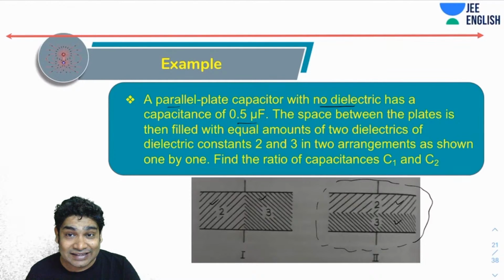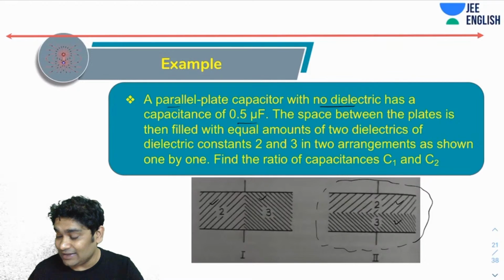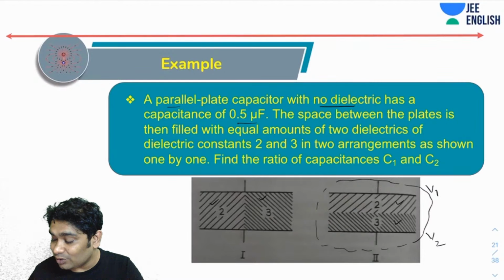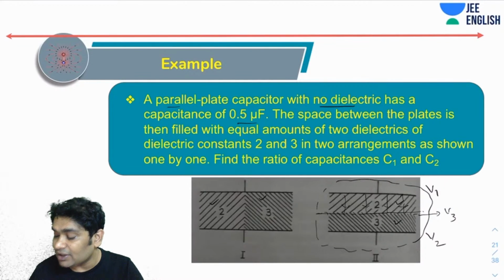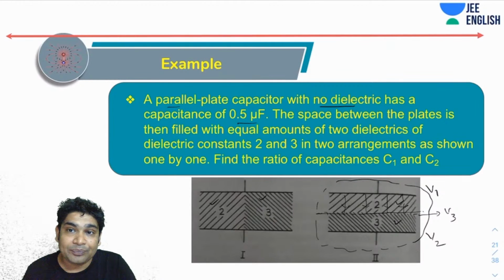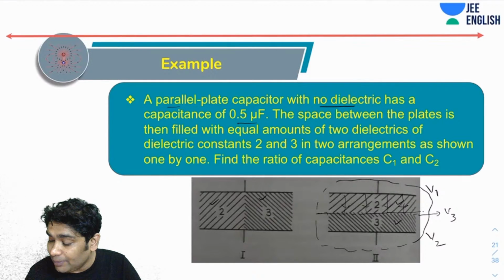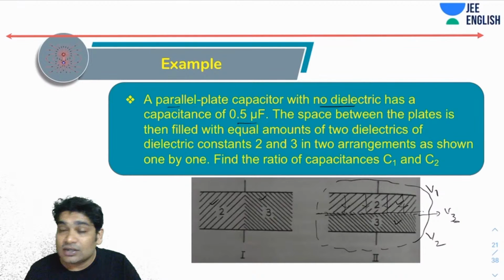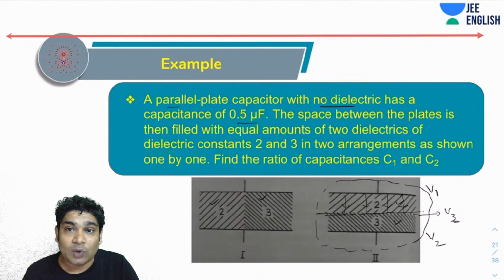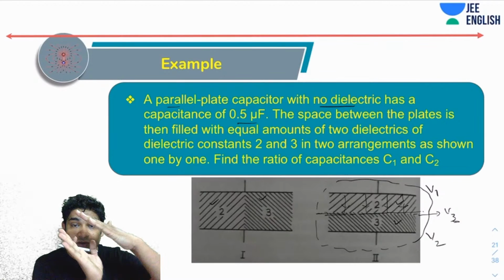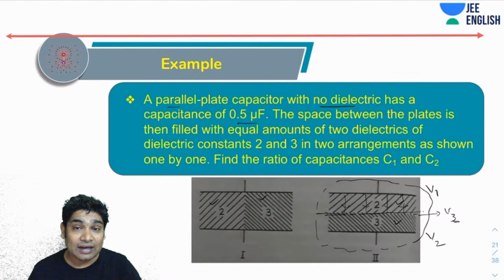Here, this is nothing but a series combination of two. Alright, I hope you can realize that. If the potential here is V1, if the potential here is V2, and the potential here is some V3, you realize in this entire matter, here the electric field would be 1. So everywhere the potential difference would be created the same. Alright, so every point on this line would have some potential of V3. So now you can think of this as two capacitors which are in series